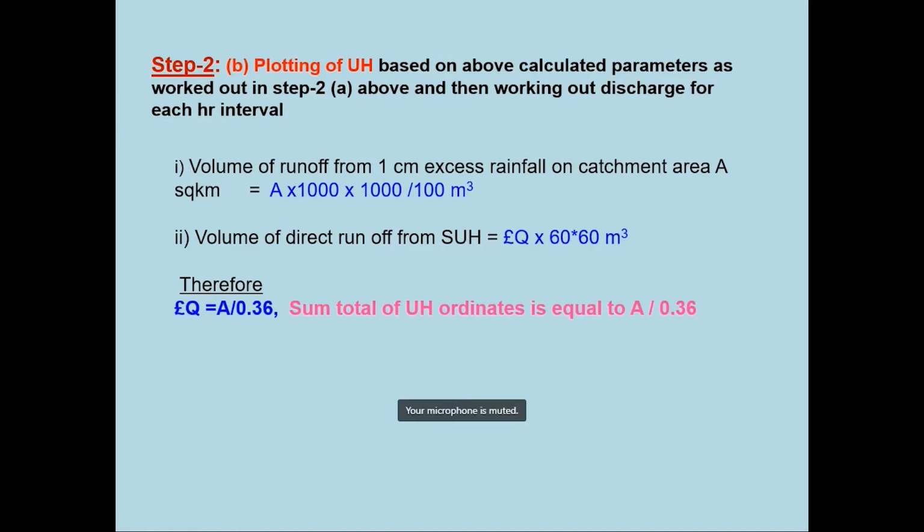So I have multiplied it, I have converted it into meter, and because 1 centimeter rain is there, so again it has been converted into meter. So it has become 1 by 100. So 1 centimeter excess rainfall on a catchment area A square kilometer gives this much rainfall. This much of discharge I will get. And the volume of surface runoff,